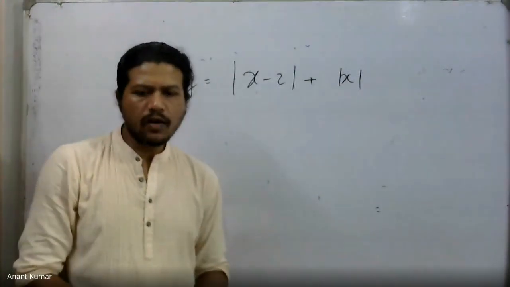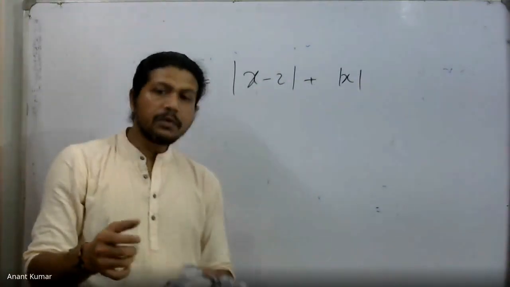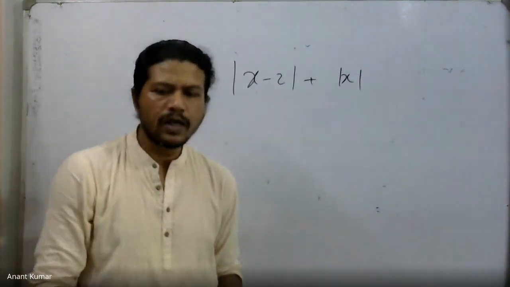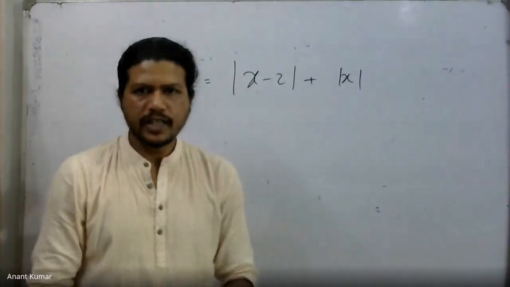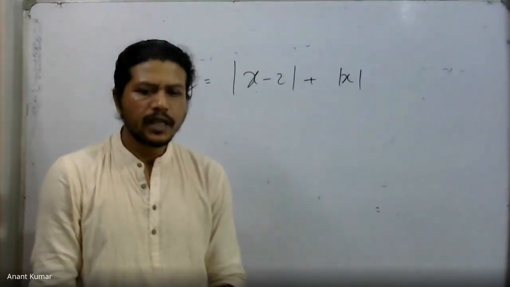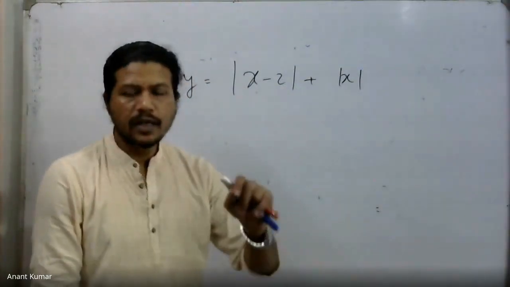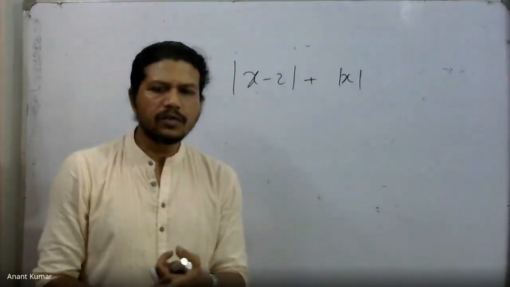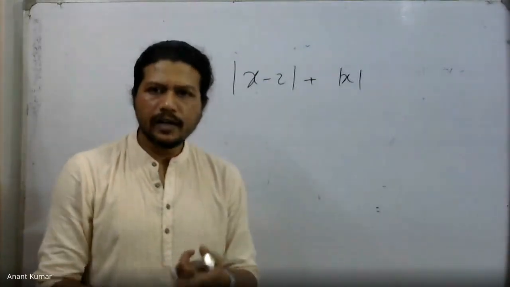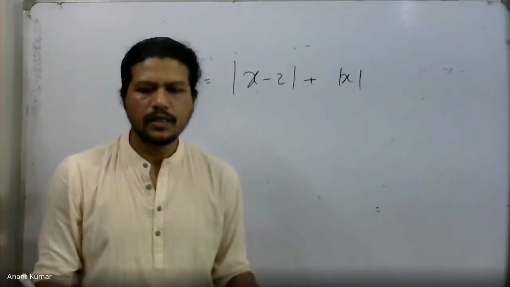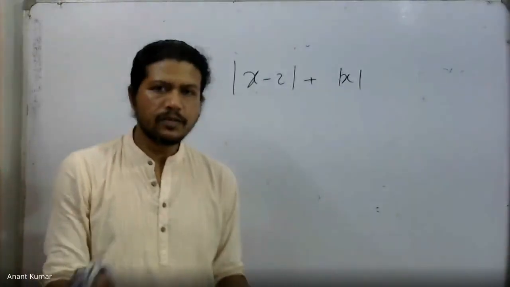Well, yes, I said already. Whenever you take up the mod thing, whenever there's something mod, it already is a piecewise expression. So it actually implies we're going to take up, in this case, every point at which the modulus becomes 0, because those points will divide the real line into various regions, and in each of the regions, the definition is going to be different.